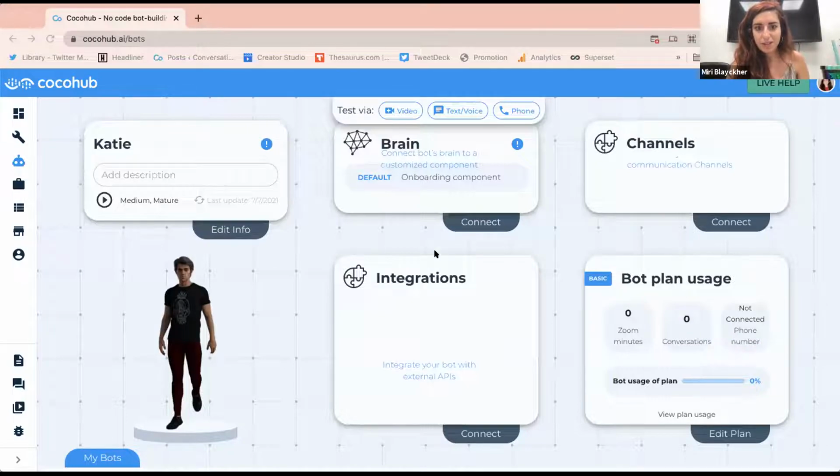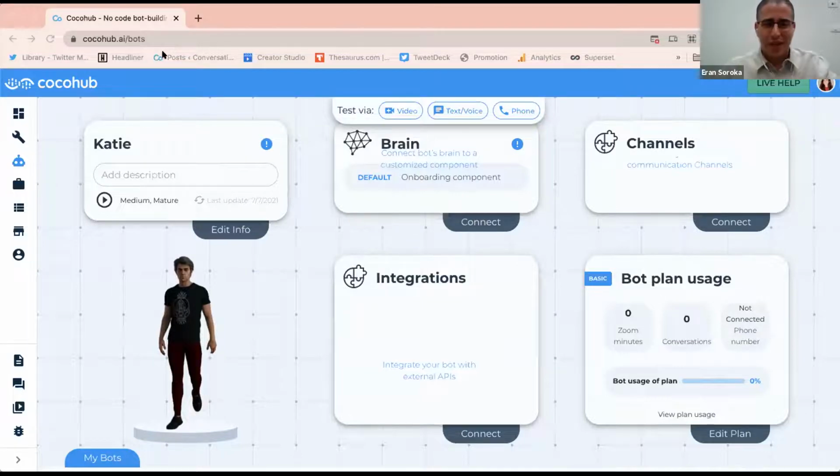So now my brain... Miri, we can't see what you're sharing. Okay, wait, because I have Coco Keys, I'll just take it from here. All right. So yeah, I will share now. Okay, so I'm continuing with,